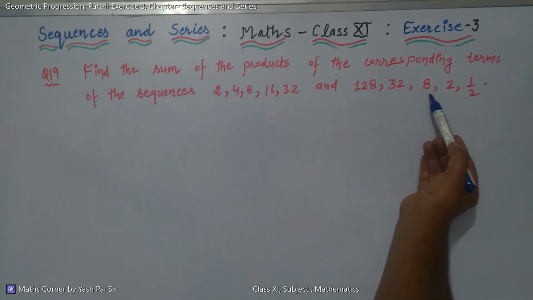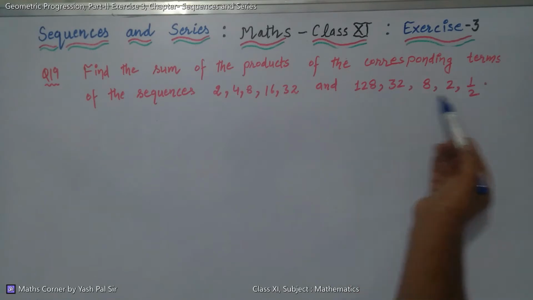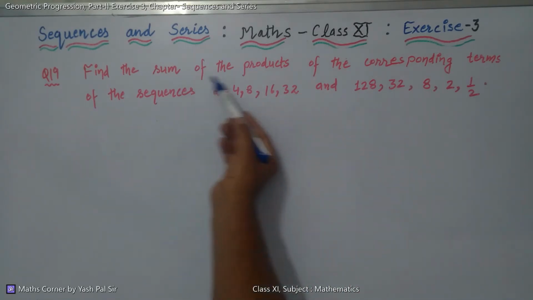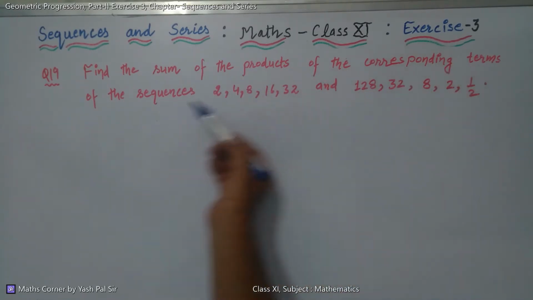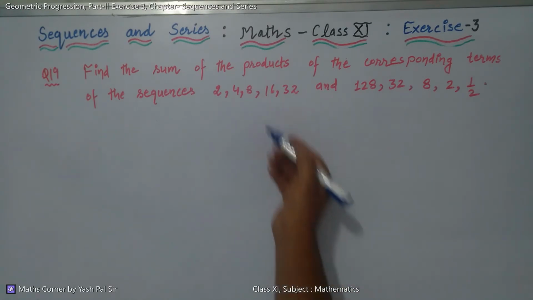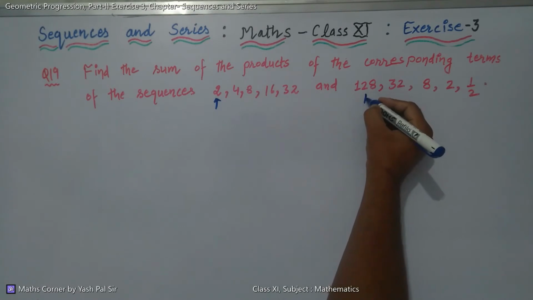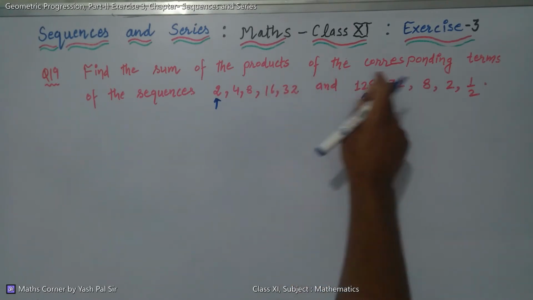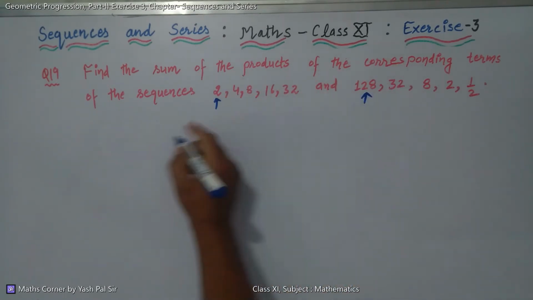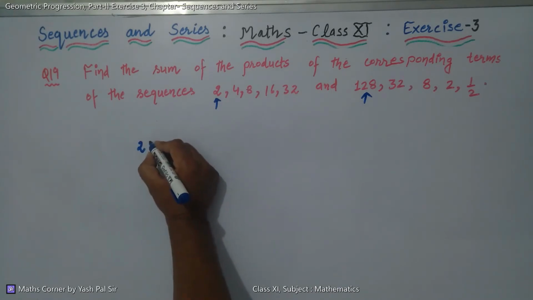128, 32, 8, 2, 1/2 is the second sequence. We need the sum of the products of the corresponding terms of the sequences. First of all, the first term here is 2, and in the other sequence the first term is 128. Their product of the corresponding terms means 2 into